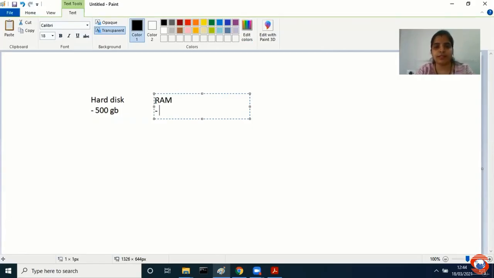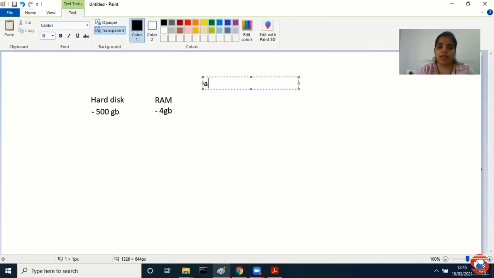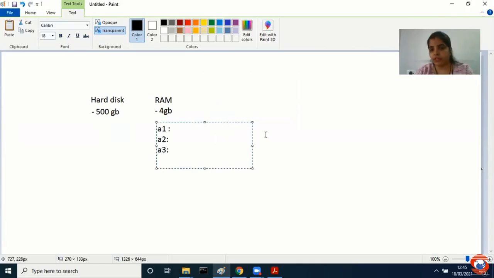2 GB, or let us say I'm considering 4 GB, right? So if you talk about hard disk, क्या मेरा ये पूरा 500 GB वाला डेटा मैं एक साथ रैम में लोड कर सकती हूँ क्या? ऑब्वियसली नो. मेन मेमोरी में कितना डेटा हो सकता है? मैक्सिमम 4 GB का. तो सपोज आई एम executing application 1, let us say A1, I'm executing A2, I'm executing A3. ये 3 applications है, मैं RAM में लेके आऊंगी and I will execute it.